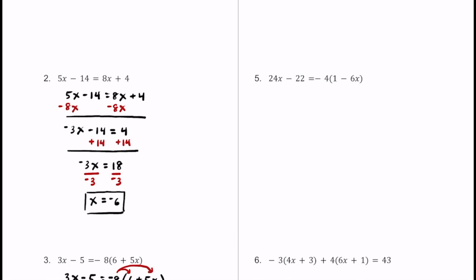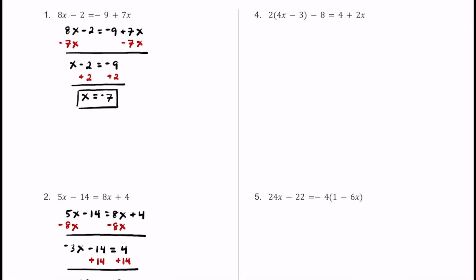Here's number 4. For number 4, we have 2 times the quantity of 4x minus 3, and take away 8, and that's going to be equal to 4 plus 2x. Before we do anything, let's distribute this 2 to this 4x and this 2 to this negative 3. 2 times 4x is going to be 8x. 2 times this negative 3 afterwards is going to be negative 6, so 8x minus 6 minus 8 is equal